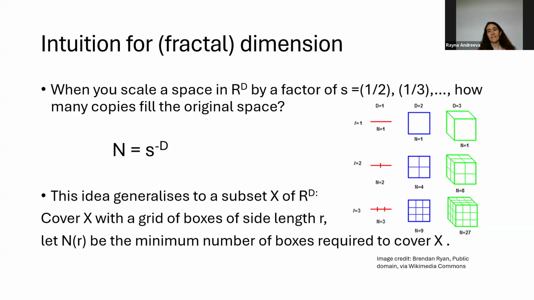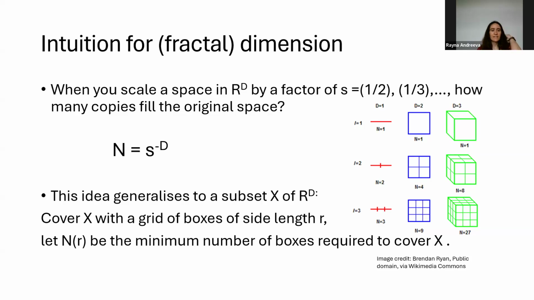Let's go a dimension higher, and in 3D, you have a cube. We play the same game. We scale by a factor of a half. You have 8 smaller cubes inside the bigger cube, and let's scale by a factor of a third, and you recover 27. So then basically the dimension satisfies s to the power of minus d equals n. When we solve for this, we recover the dimension. And this is always an integer in this case, but when we want to generalize this to subsets X of R^d, we have to apply the same idea.